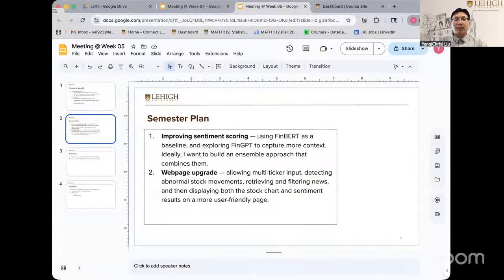Here we go. That's my semester plan: improving sentiment scoring. Right now we have FinBERT as a baseline, but this semester I want to explore FinGPT as a second model to improve the sentiment scoring. First, FinBERT as a baseline and add FinGPT as a second one. And finally, we plan to ensemble these two models